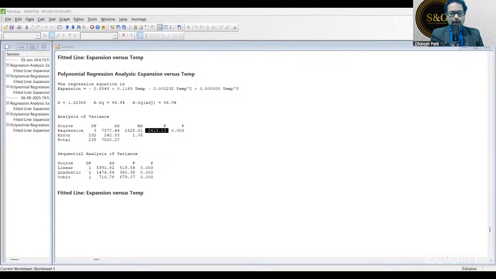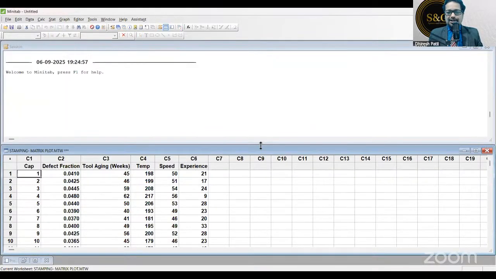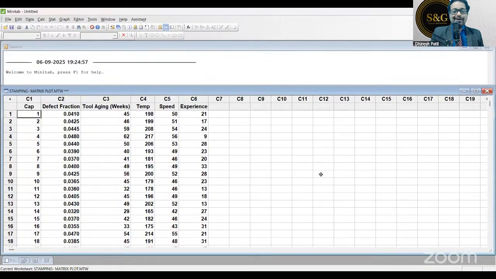Open the matrix plot file. Now, this we use at the black belt level. Okay, I am also opening it, you also open it. Now, meanwhile, as you are opening this file, let's try to understand the